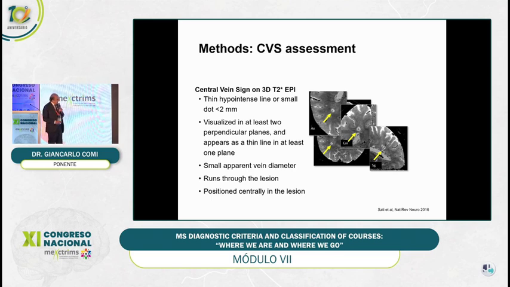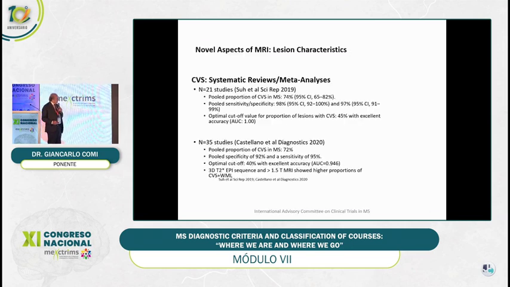This type of analysis is now available on most MRI machines, so it's already starting to be used in our clinical practice. And I think it's a very important sign because a lot of studies have shown that this sign has very good specificity and sensitivity. Of course, it is important to consider where the threshold is. And of course, the threshold can be an absolute number. Here are the proposed numbers, which are 3 and 6,